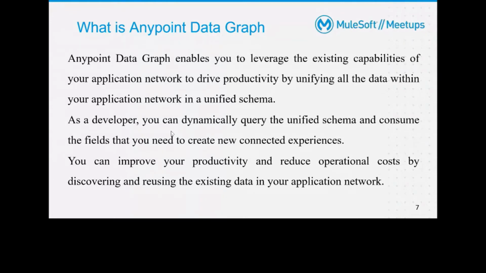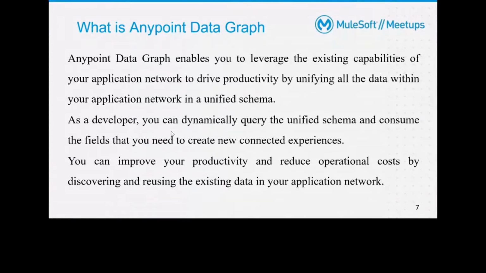As a developer, the benefit is that you can dynamically query the data. You can access all the schemas from the different APIs and consume the data from them. With this, our organizations are going to get productivity and reduced operational cost.